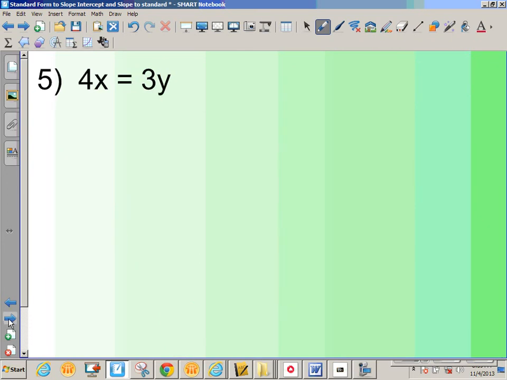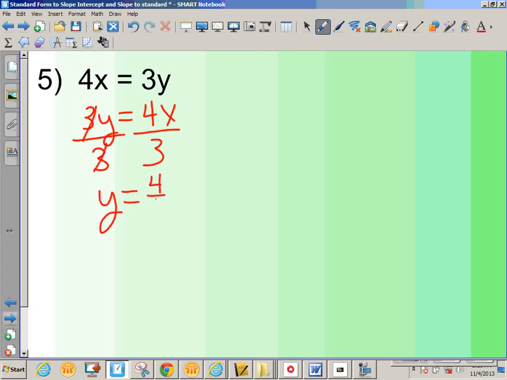Oh, there is one more on this, and all I would say on this problem is just flip-flop these since I know that I'm solving for y, and we'll just divide through by 3. So your final answer, y is equal to 4/3 x. Easiest way to get